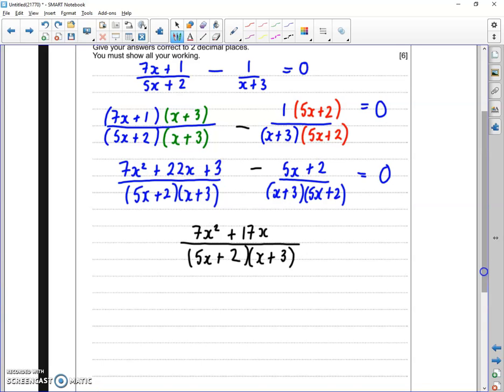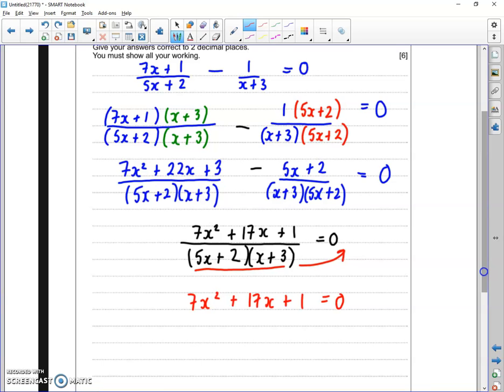And we've got 3 take away 2, which is 1, equals 0. Now to solve this, we need to bring the denominator up, so all of this here will come up. But because it's equal to 0, when it comes up and multiplies, it will just disappear. So what you're left with solving